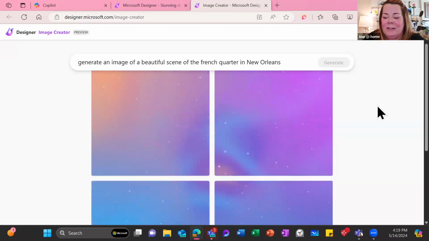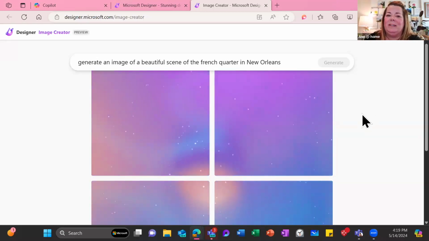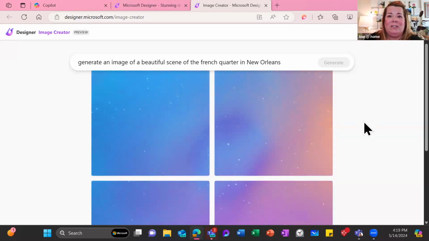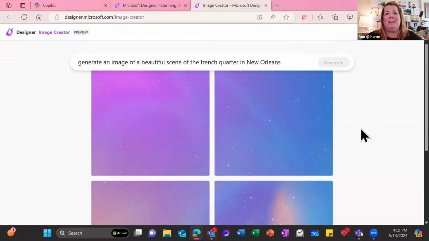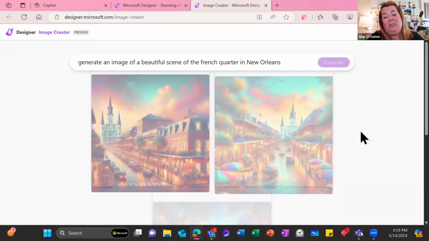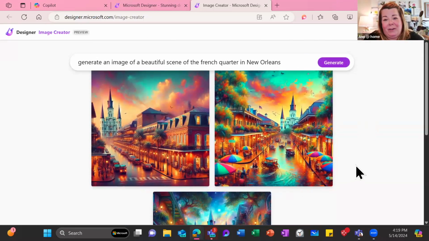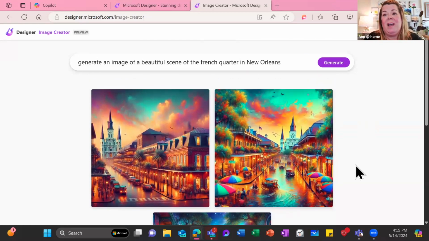So we'll see how quickly this pops up, because I know too, as we're playing and kind of exploring possibilities, there's a ton more that we want to share. So I'm going to give this just a moment, see if we get a French Quarter. But this is another, again, thinking about an EdTech playground and pushing all the buttons. Perhaps you've not explored generative AI yet. This is a very fun tool to begin to try.